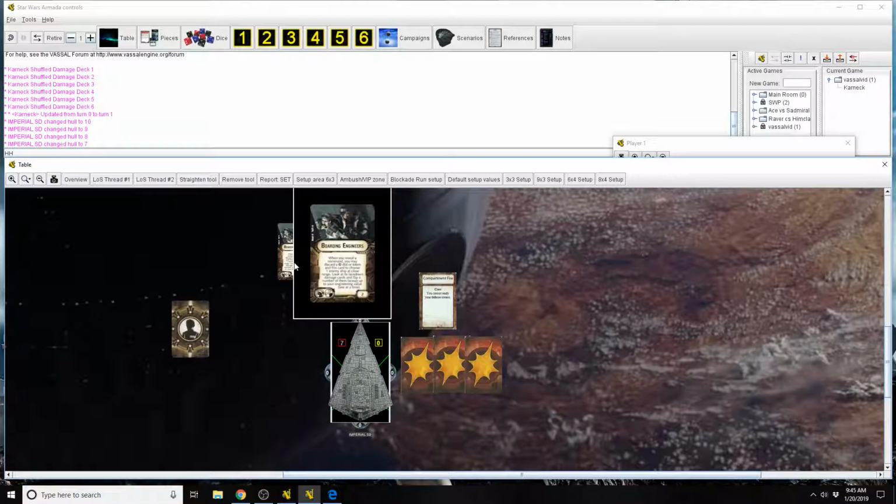Now, of course, a ship could have multiple of these icons, and as long as you have those slots free, you could equip this card to it. Again, it needs to have a weapons team and an offensive retrofit slot. The card costs 2 points. Boarding Engineers, the card reads, when you reveal a command, you may discard a squadron dial